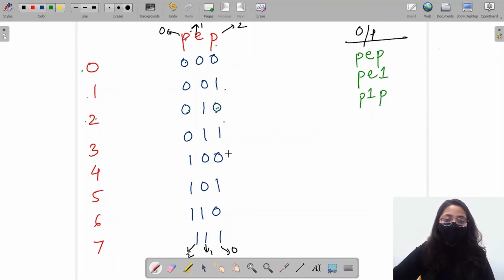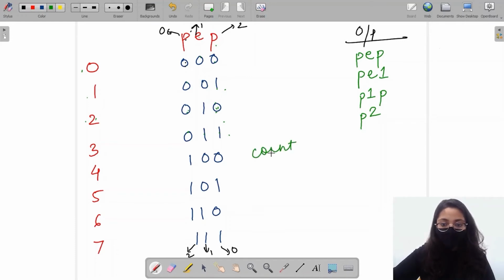Similarly, moving to the next one, here count is 0. Okay. This was 0, so P will come as it is. Then this is 1. It will not let me print E. So count will be increased. Then I come to 1 again. It will not let me print P. So count will be increased again. Then I go to the next place. The string is complete. So we will simply print the count and make this count 0 again. Okay. Then to the next